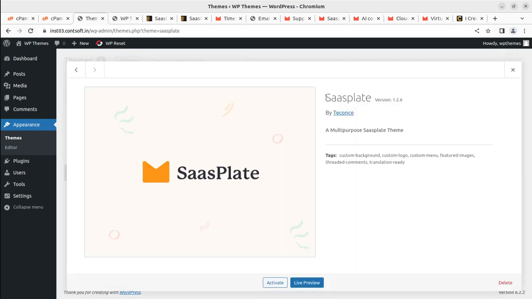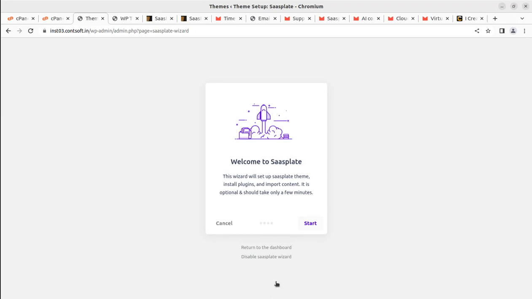We can check the details. This is SaasPlate version 1.2.6, as on date, this being the latest version. When you order the theme, you might get an updated version of the theme, but the installation process will remain almost the same. Okay, so now we have uploaded the theme. Now we need to activate the theme, and once we activate the theme, we are here at the setup wizard